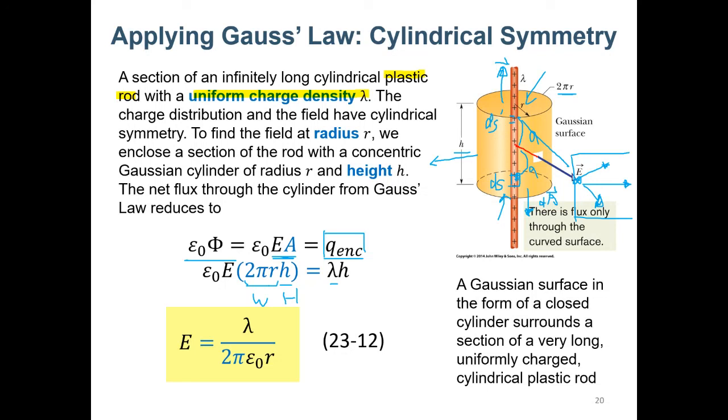And actually h can be cancelled, which means that no matter how high the Gaussian surface is, it doesn't really matter, because we consider the plastic rod to be infinitely long. It shouldn't be related to how high we choose the Gaussian surface. And so h can be cancelled, and then we divide epsilon 0 2 pi r on both sides, so we have